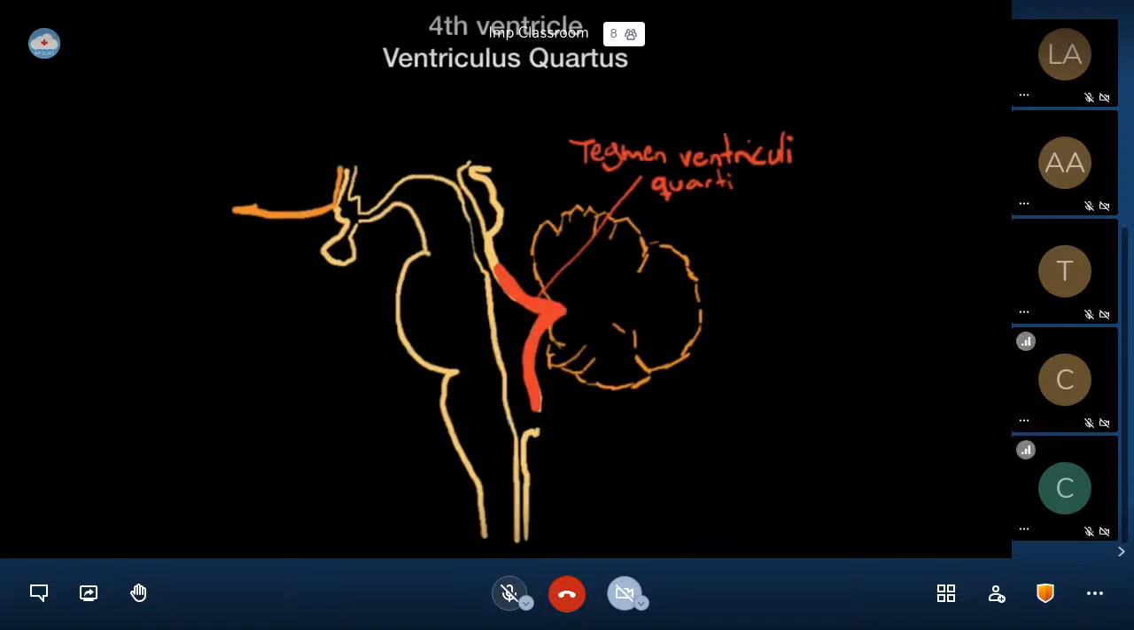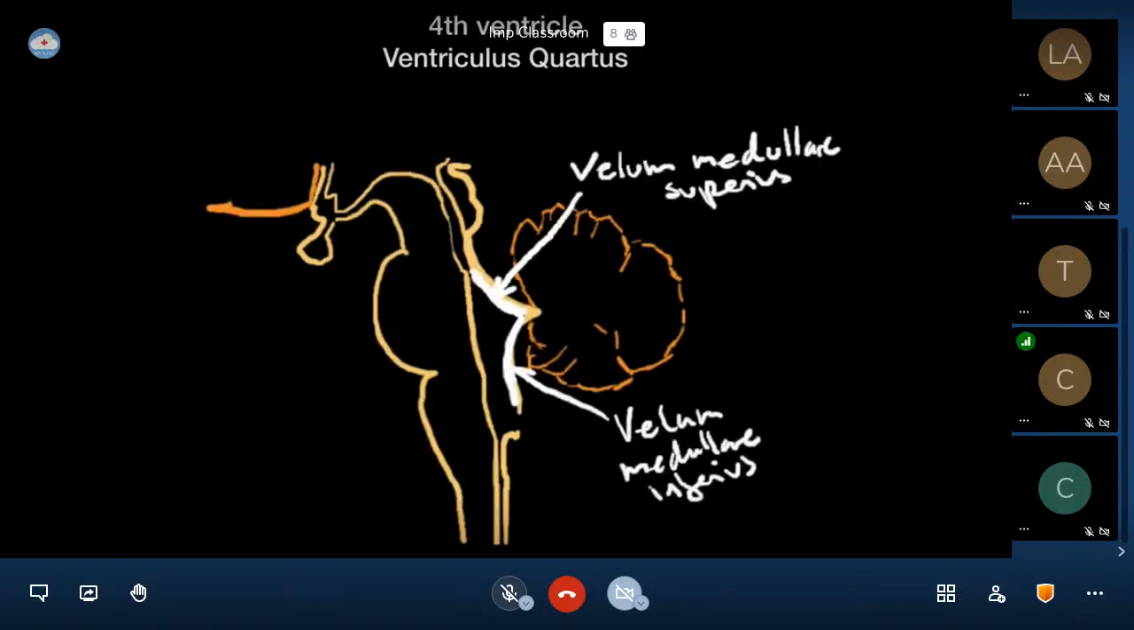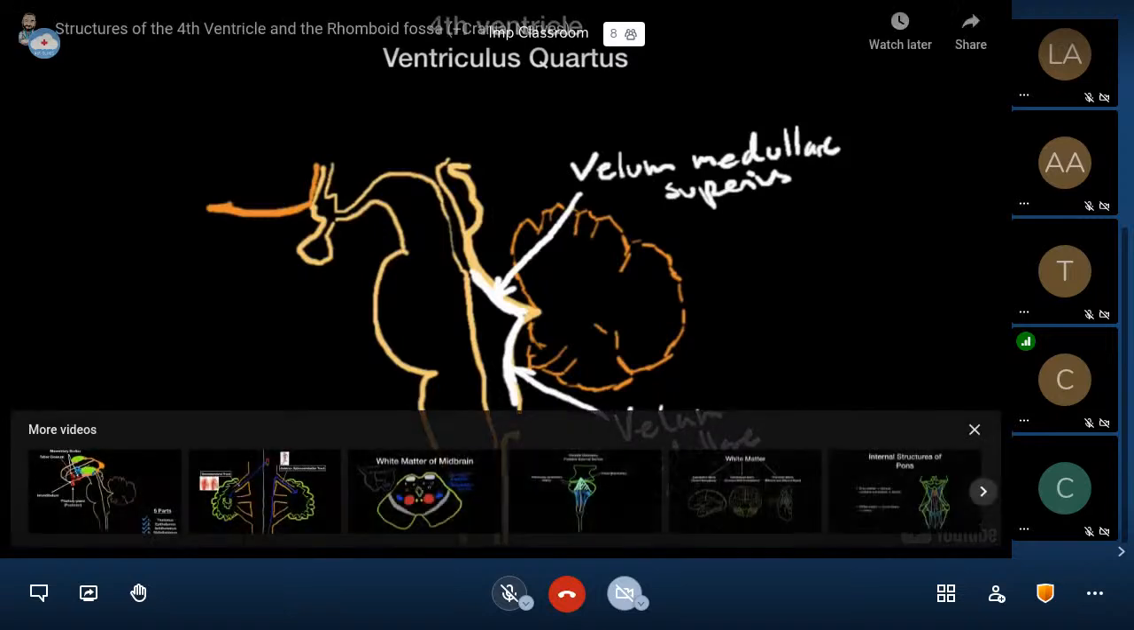So the upper part of the roof is called the superior medullary velum, which is a thin layer of